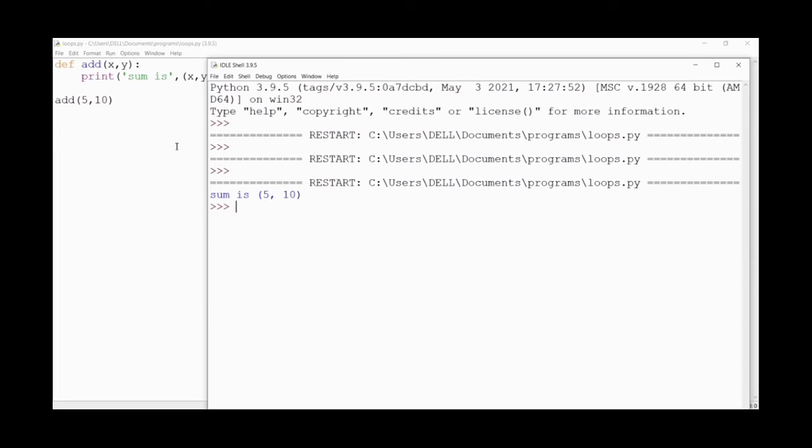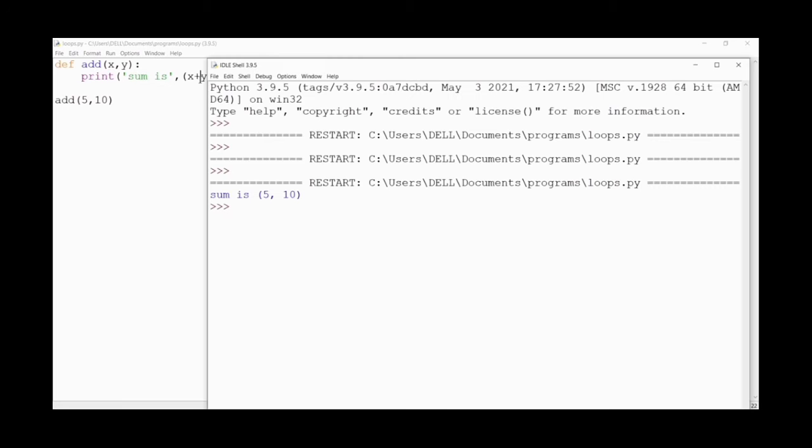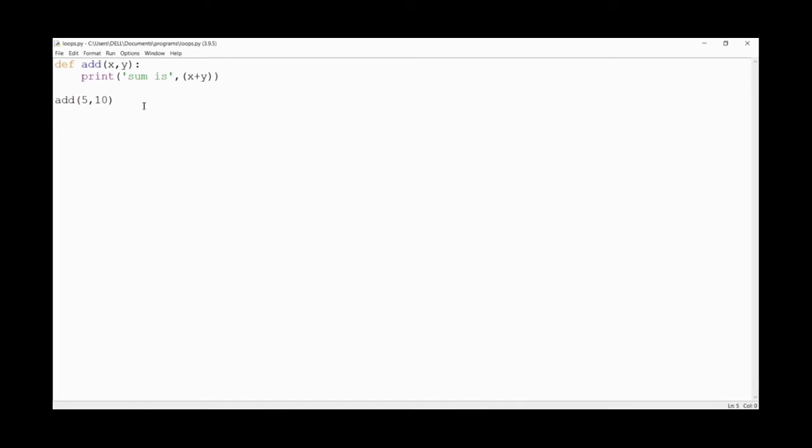It has printed 5 comma 10 as it is, because we are not using the plus symbol in between. After giving the plus, it will add, and now you can see the difference.